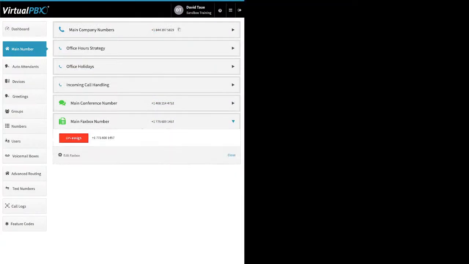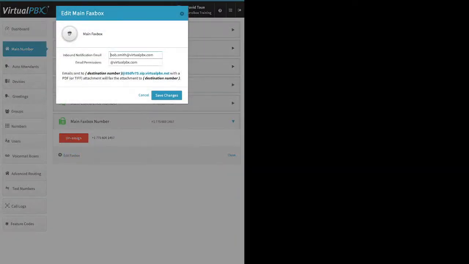The main fax box number, again, you can only have the one. That's why I don't have an option to add from spare or buy new. Then you also have a fax box that you can edit when you click on that. So first up,